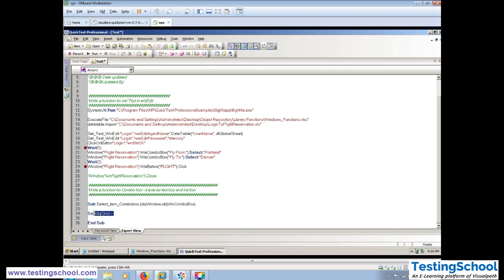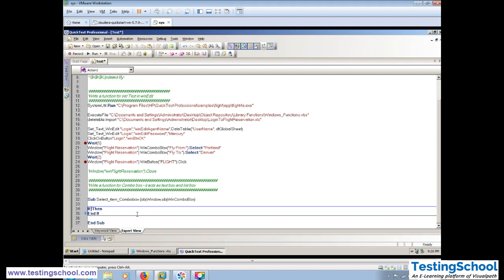Since this is only two items, two layers, we don't need set object, we can write simply if object window dot exist,